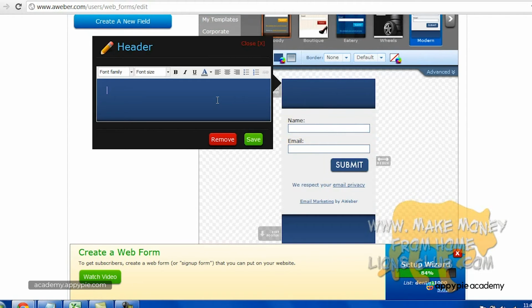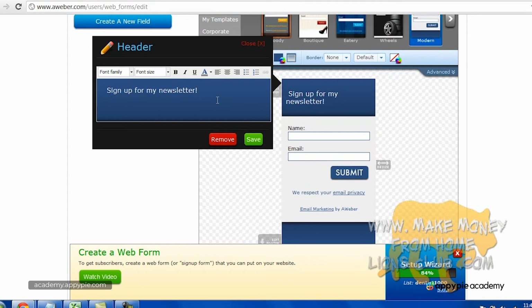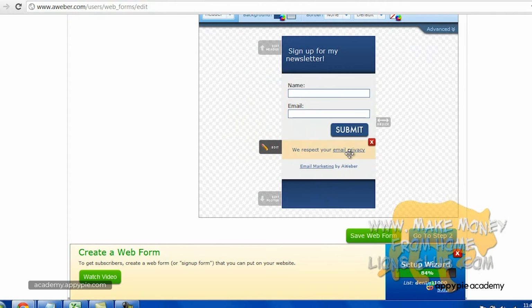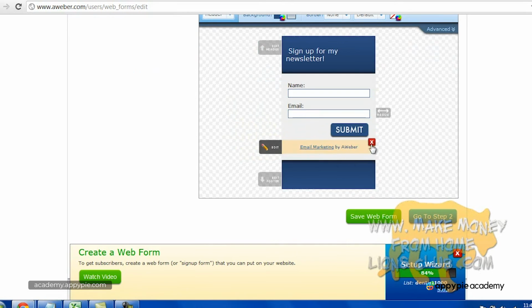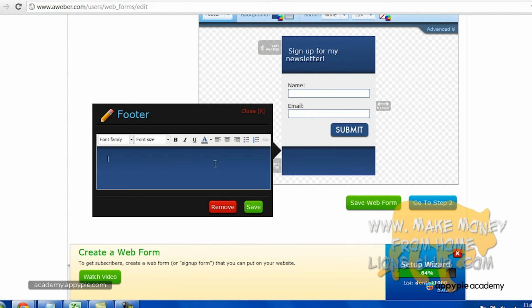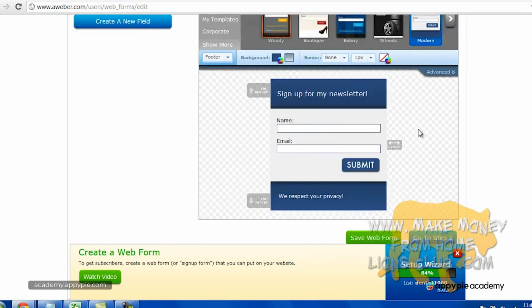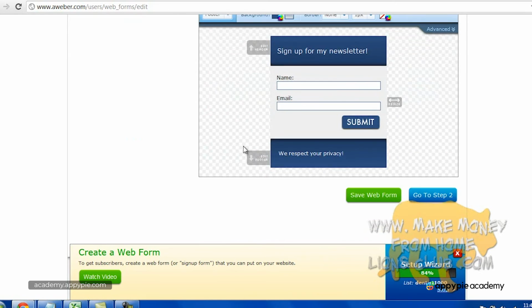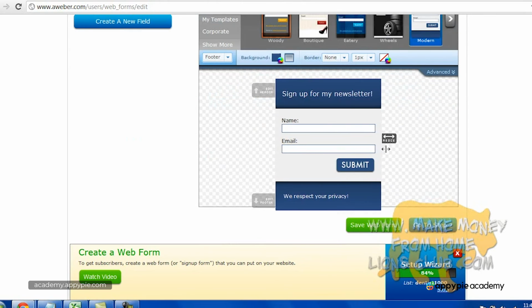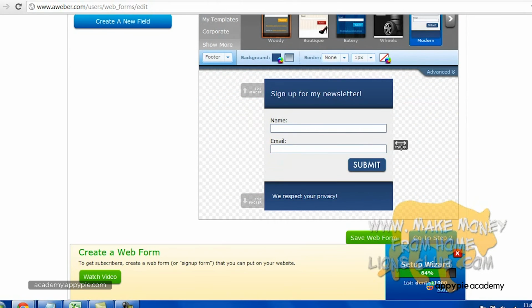so let me just show you how easy this is for my newsletter. Save. We respect your email privacy. You can take that off. Email marketing by Aweber, you can take that off. We respect your privacy, but you could do it without the link to Aweber. I mean, you can just do all kinds of things here. It's just a really, really easy way to manipulate the look of your sign-up form. I mean, you can do whatever you want,